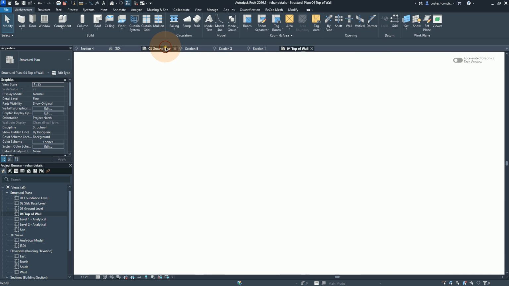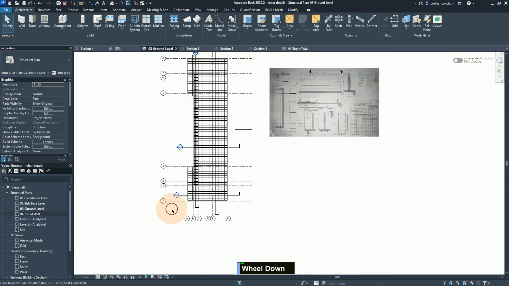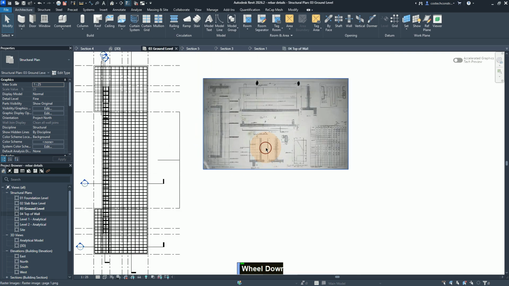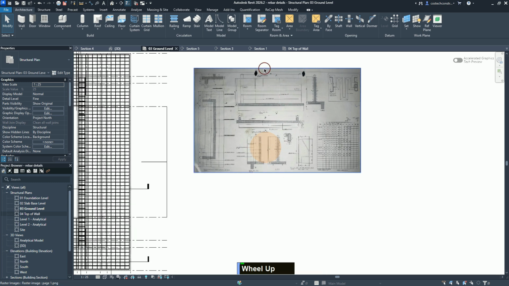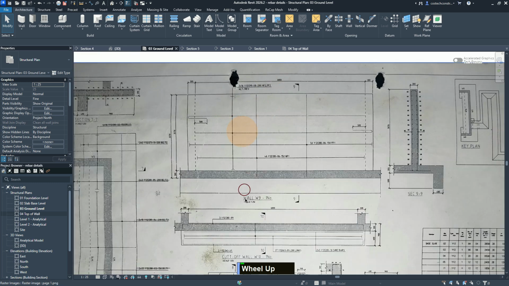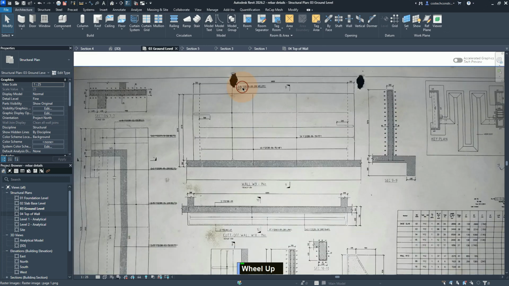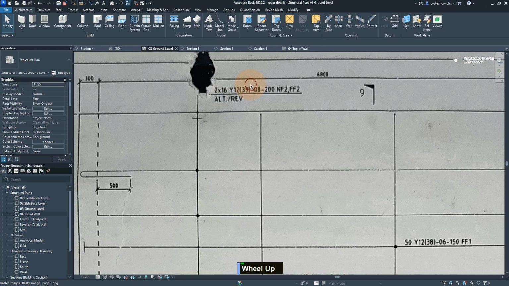I'll go to the ground level view, then zoom at the image that contains our wall reinforcement. So starting from above here, we have wall 9, which is this long side, this one. So for wall 9, if I zoom, we see that we have 2 times 16 by 12. So that means that we'll have 16 as the number of quantity of Rebar set per Rebar set. So 16 is for the quantity of Rebar of each set,